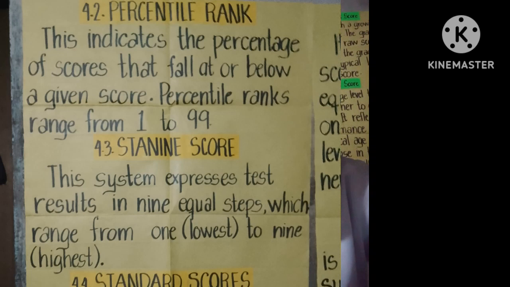So let's proceed to another type of norm reference grading system, which is the percentile rank. Percentile rank indicates the percentage of scores that fall at or below a given score. Percentile ranks range from 1 to 99. Percentile has been discussed back in lesson 8, which provided more detailed discussions on percentile. So the percentile rank is